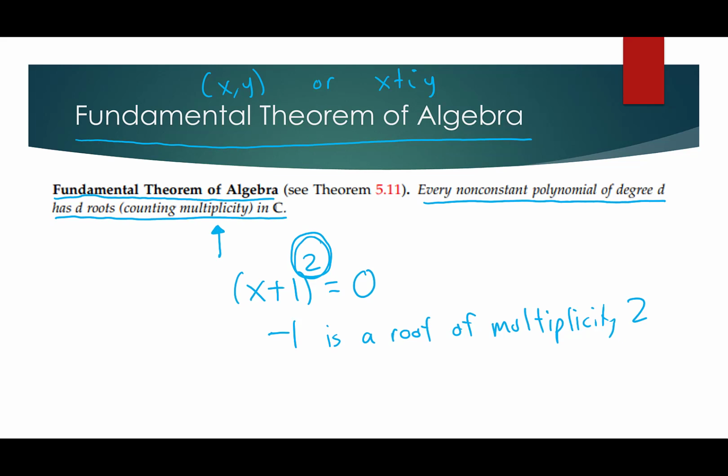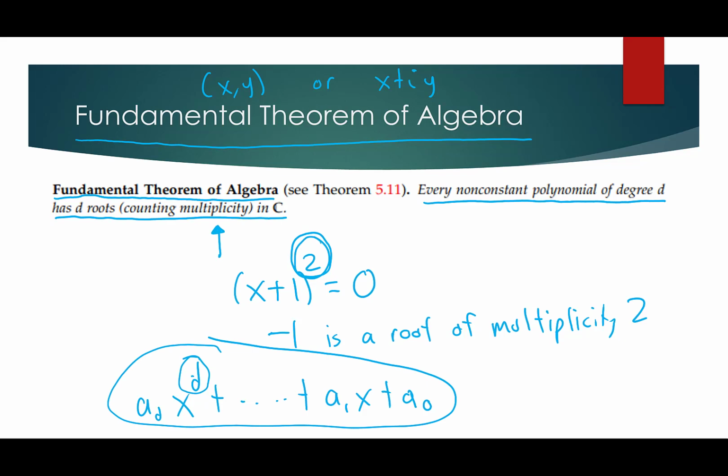But the fundamental theorem of algebra more generally is saying that if you give me any polynomial of degree d, so let's say a sub d x to the d plus yada yada yada, a1 x plus a naught, we know that the complex numbers contain all the roots of that polynomial. And again, that's sort of the purpose of complex numbers, at least initially, that they're this number system that contains the roots of any polynomial we can think about, which is kind of insane, but also super, super awesome. But that's sort of the motivation behind them.